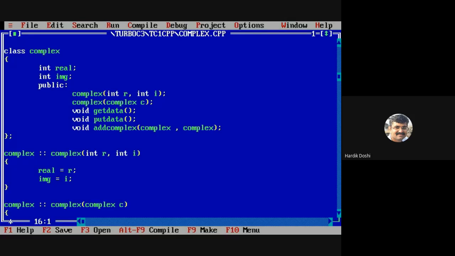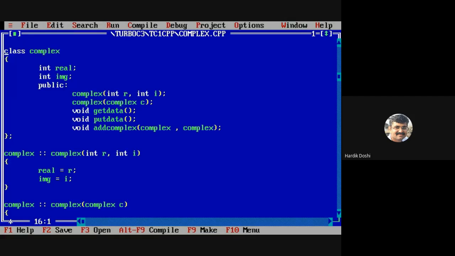And I write a function with the same name more than once. This is what you need to recollect. Can I have more than one function with the same name? Yes, then what becomes that concept? Function overloading.